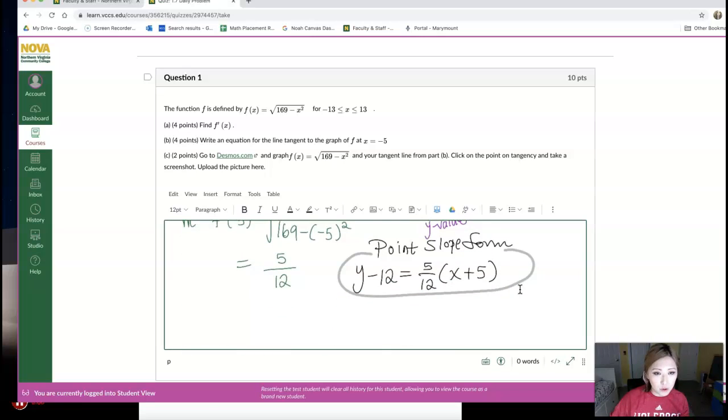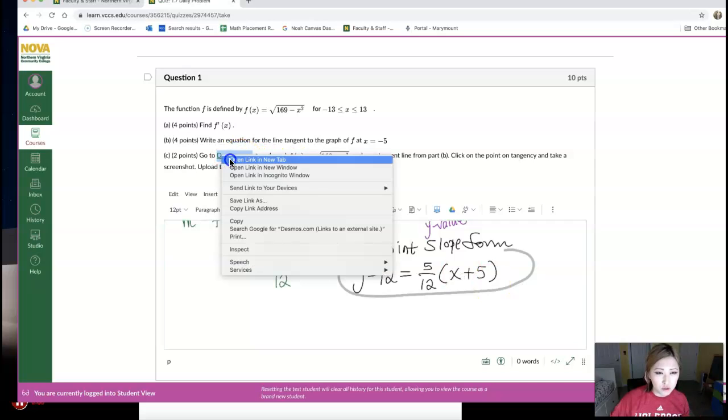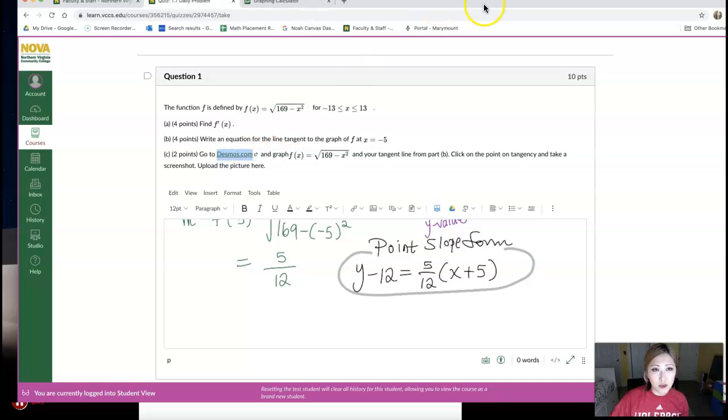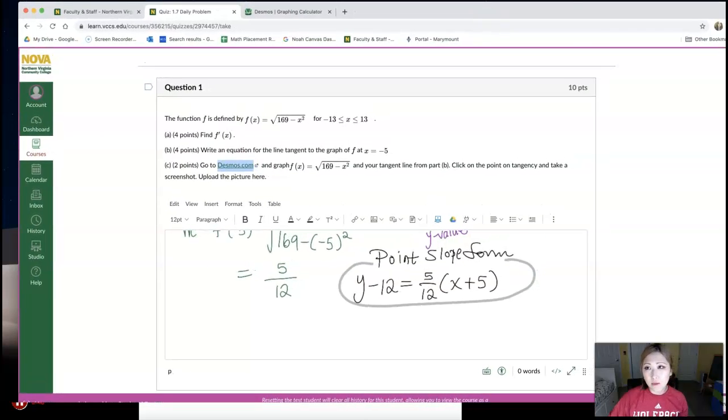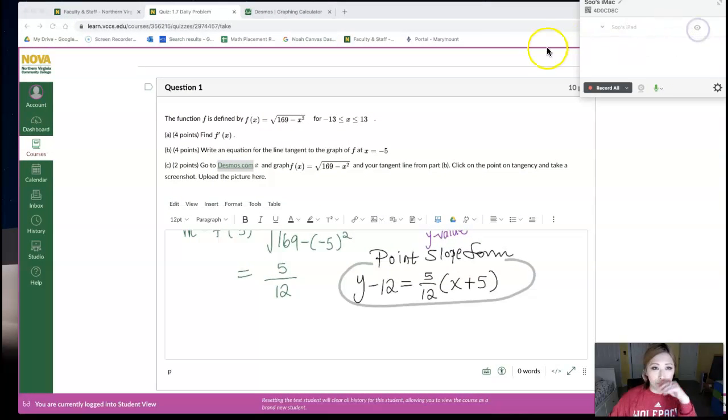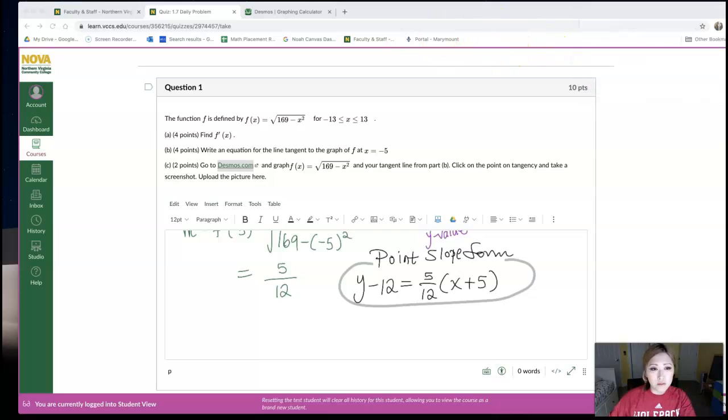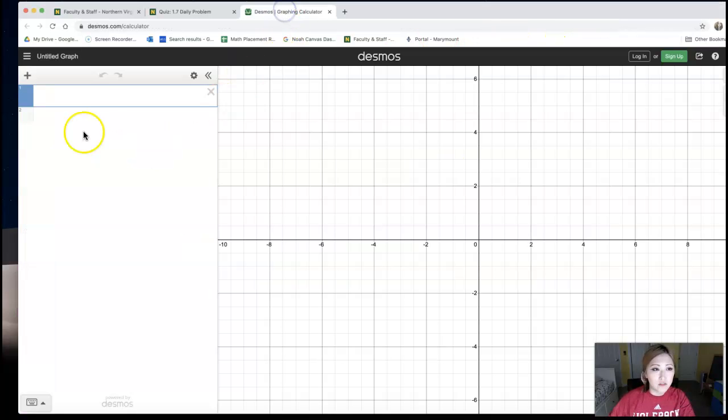What I'm now going to do is go to desmos.com. This is where you're going to get your 2 points. I wanted to show that part to you in this video. Let me close my iPad because we're done with that part. When you are on Desmos, I want you to graph the f of x, the function that I gave you. F of x, mine was